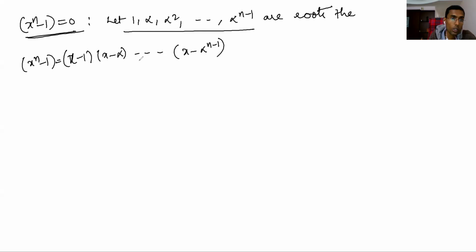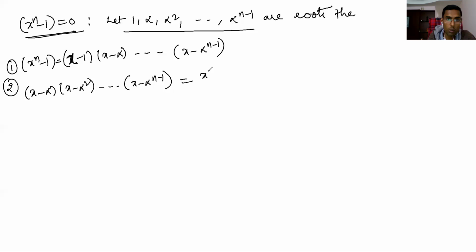From this, they may ask you to put x equal to 1, 2, 3, 4, 5, 6 like that, sometimes i or omega also. Another equation is x minus alpha into x minus alpha square into so on up to x minus alpha power n minus 1. This also I told you, that is x power n minus 1 by x minus 1, and this can also be written as 1 plus x plus x square, a GP expression, so on up to x power n minus 1. You can apply log also. That also we discussed.